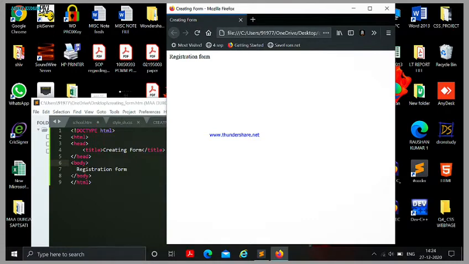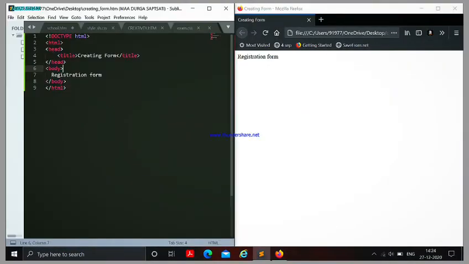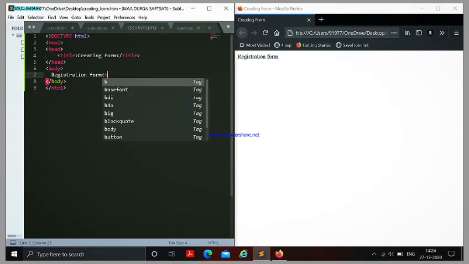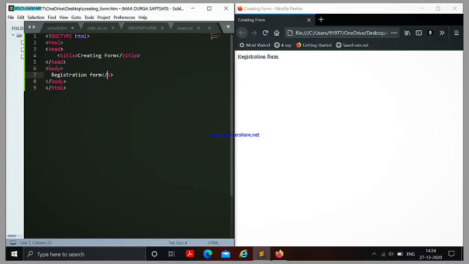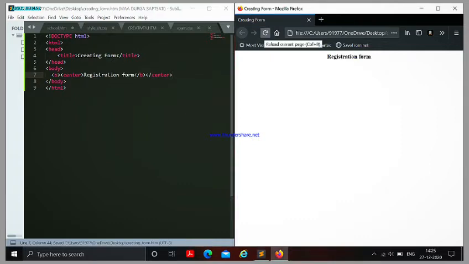Now here we can see by default the alignment is at the left. Now we will edit it and bring it to the center. We will use the tag bold and center. Now you can see the heading is at the center.